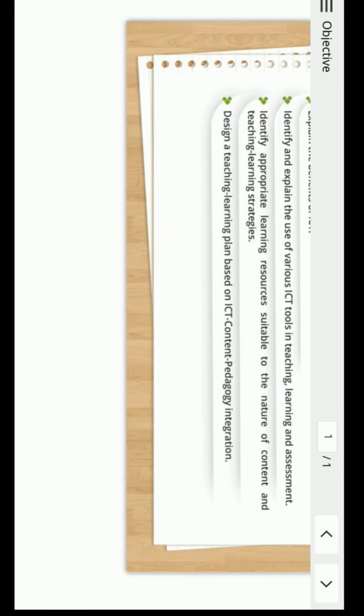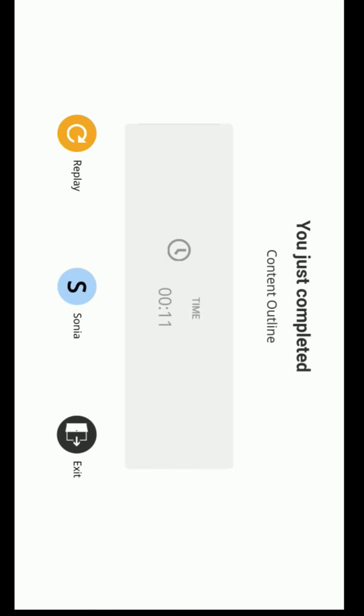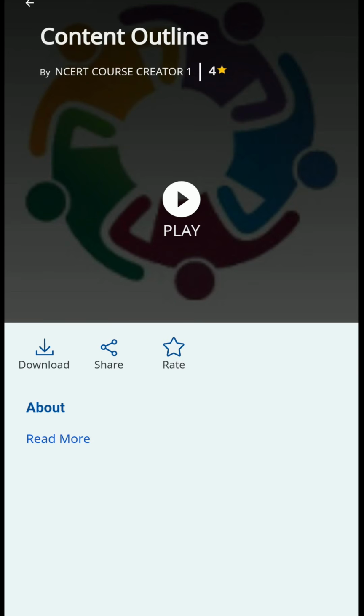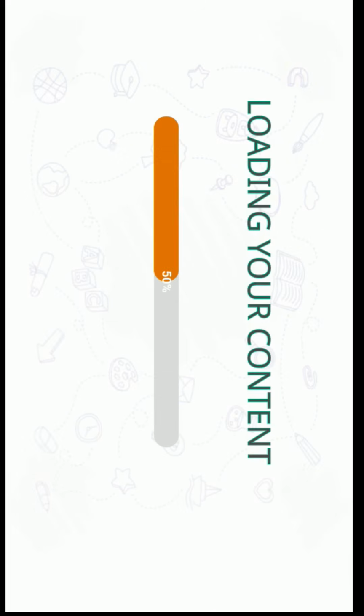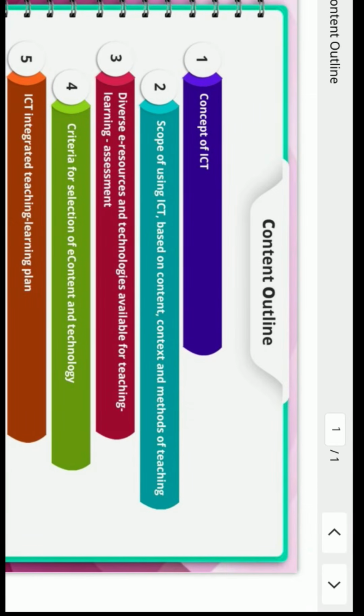Click Next option. Click Go to Next. Click Play button. Content outline. Click Next option.